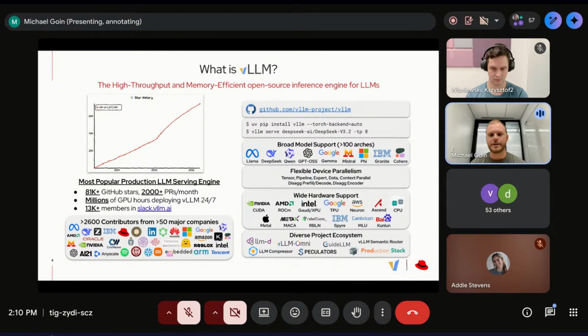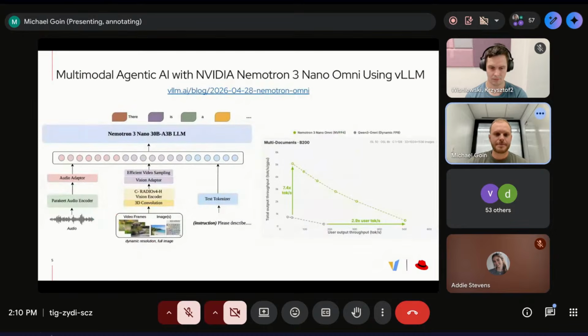vLLM goes beyond just the inference engine itself. It's ultimately a larger vLLM project, part of the PyTorch Foundation. And we have projects like vLLM Omni, Speculators, GuideLLM, vLLM Semantic Router, like Sasha mentioned before, and many more. So definitely hope you are active in the GitHub community around it, and also the vLLM Slack, where we're very active, and it's great to answer questions and get development there.